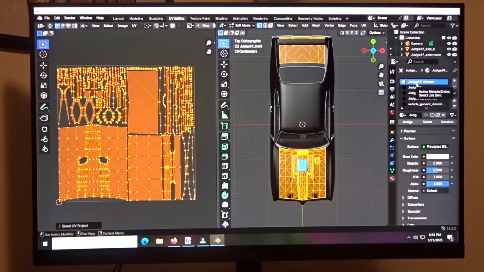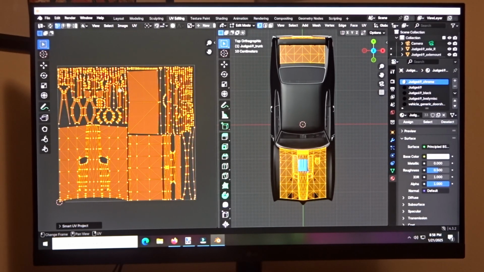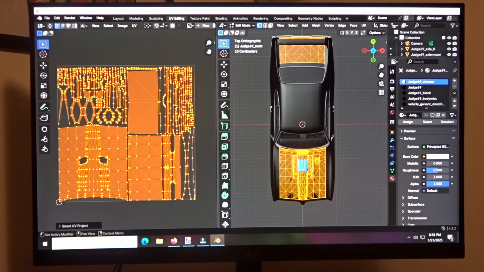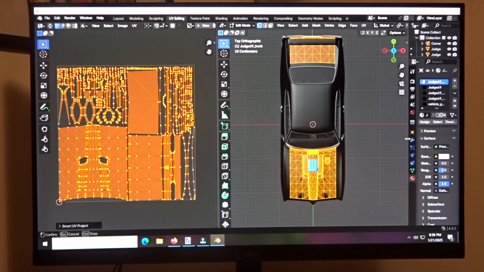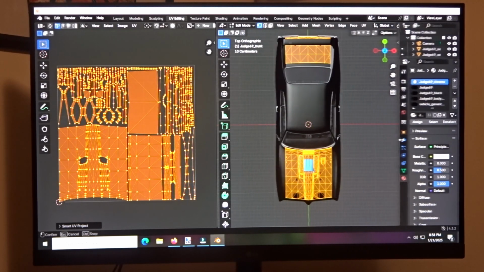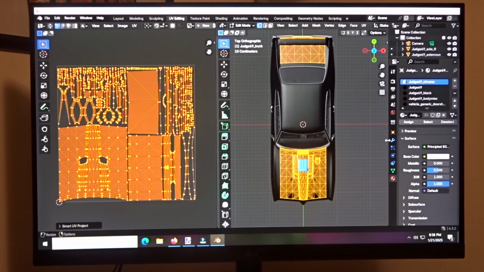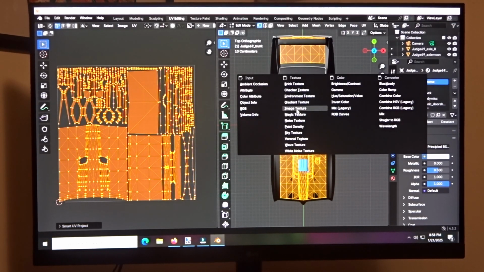Now for some reason, Judge 69 underscore Chrome, which is all the chrome on the car, makes my image file show up here. So we'll click Judge 69 underscore Chrome, and then down here you're going to notice base color. If you don't see base color, it might be because your thing is too far over, so you just drag and drop that. Base color, you're going to click that little dot, and that's going to bring this window